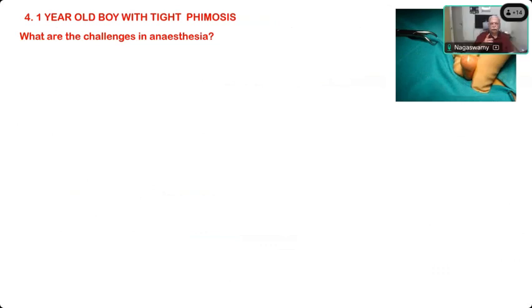1-year-old boy. Here the age is given. It is an infant or a slightly older child, not a newborn. So it is a pediatric anesthesia. If it is a very, very small baby, like 2 or 3 months, you can say infant anesthesia. Here the child may be walking about, now a toddler. So it is a pediatric anesthesia, including